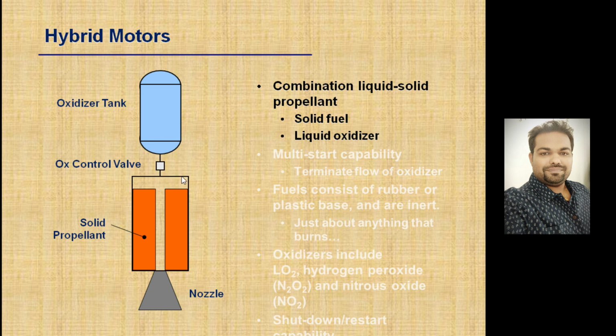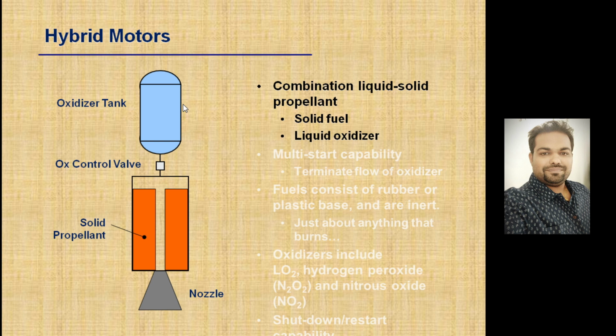And this is the ordinary solid propellant, right? Pellets are there. These are solid propellants, and this core is provided through which, after burning, hot gases will come into the nozzle. So the geometry is slightly complex compared to solid propellant rockets, right? Because the oxidizer needs to be filled separately, so an extra tank is needed.